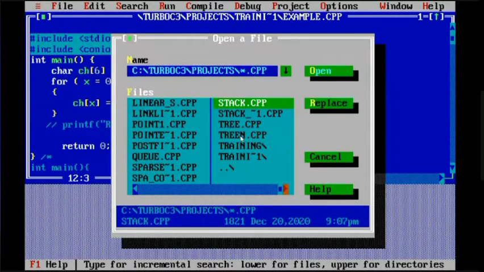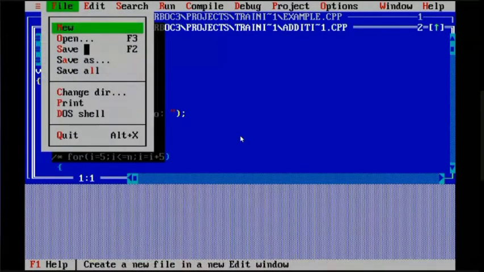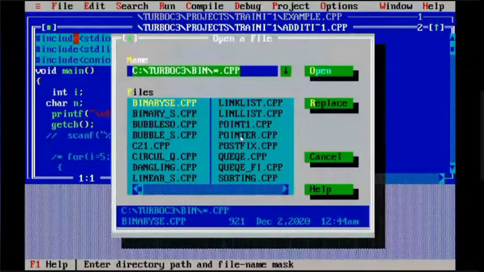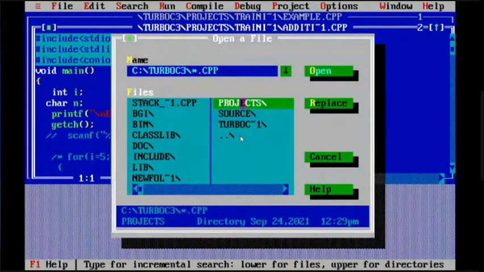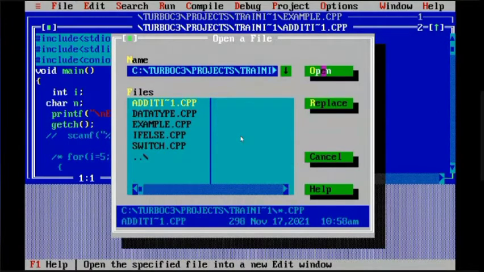I have this folder, I have shown you before also, training 1. In that it will not come immediately if you try to open. You first prove that you are not getting it. I'm opening this. See here, try.cpp is not present here. But example.cpp, which I saved before starting the session, is there. Why? You need to close Turbo C once, then if you open, in a similar way you can get it. So remember the steps.